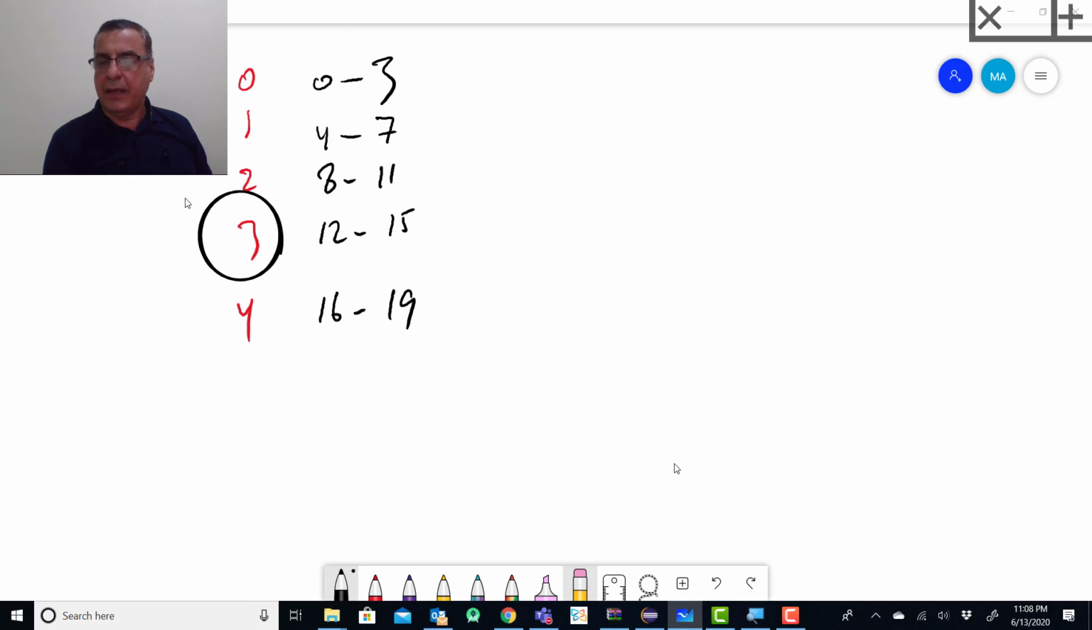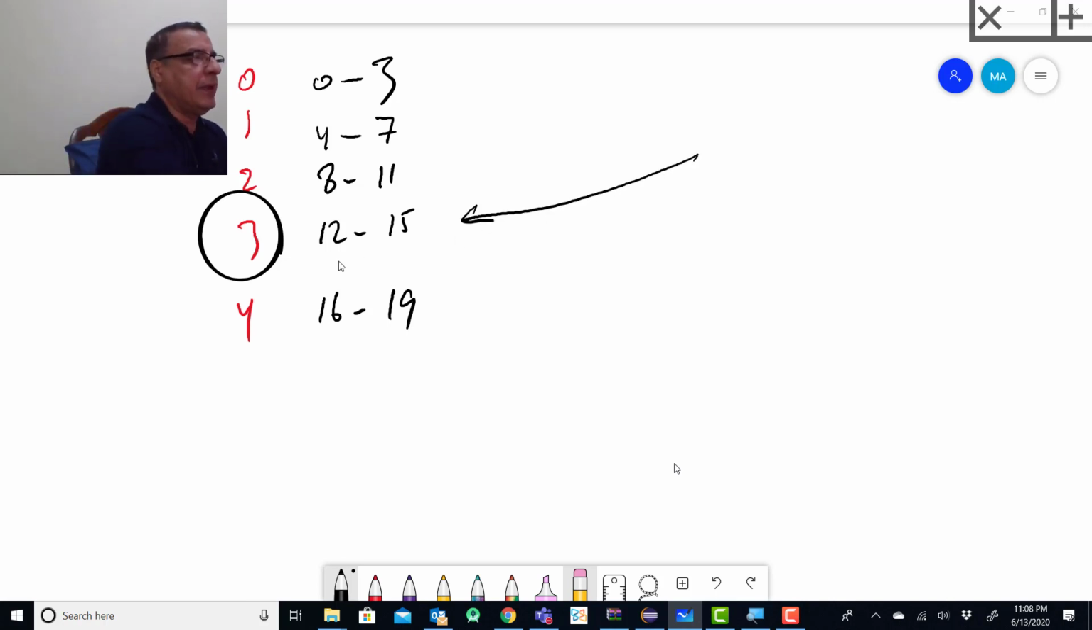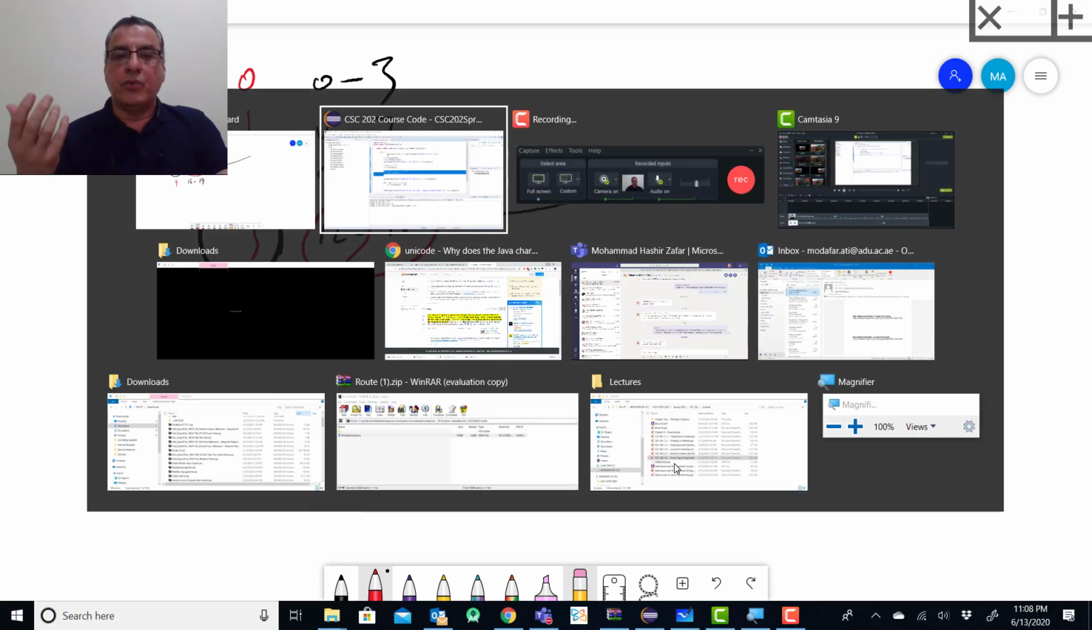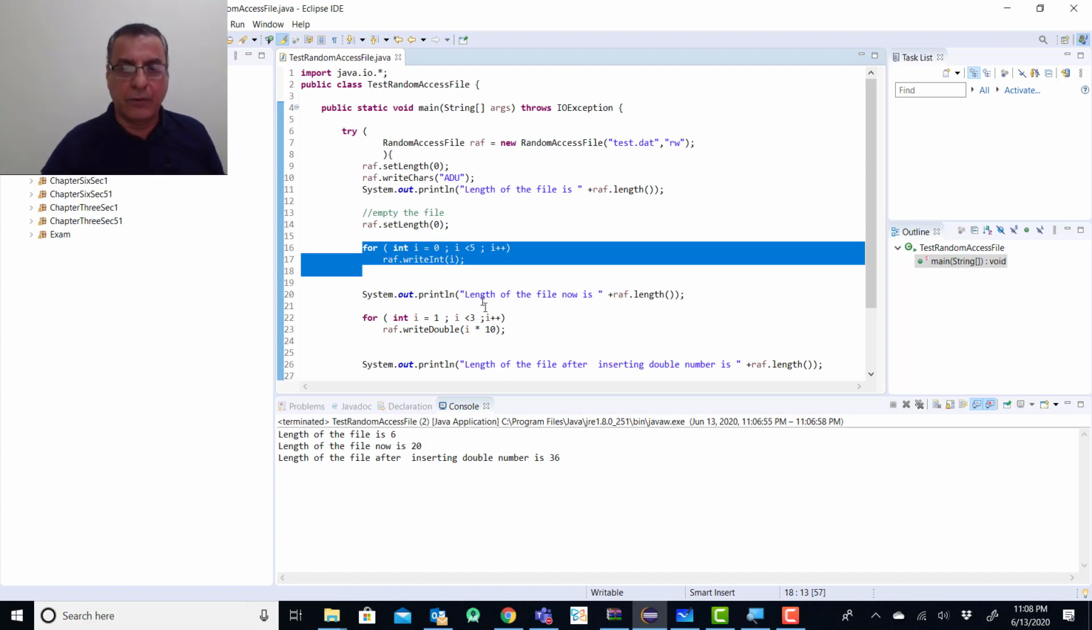what do I need to do? I need to go to byte 12. So how can I move to byte 12? How do I tell the cursor to move there? We can use the word seek. So if I do it here, and I want to print one of them,